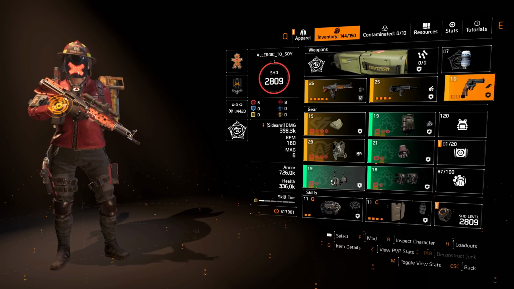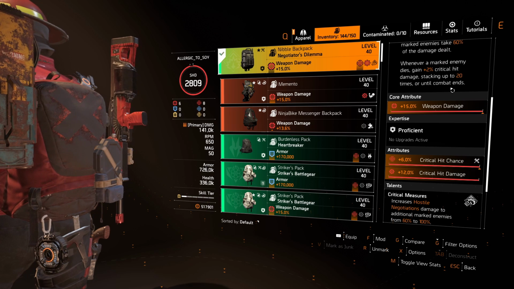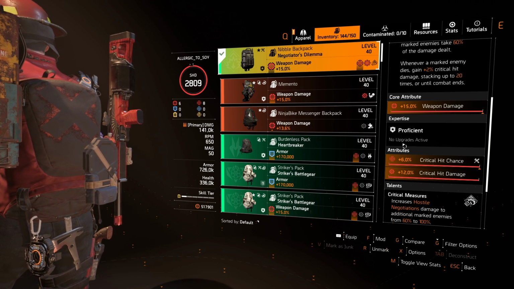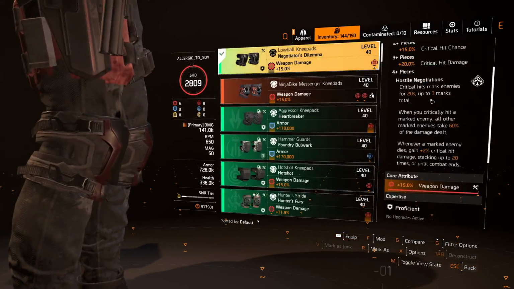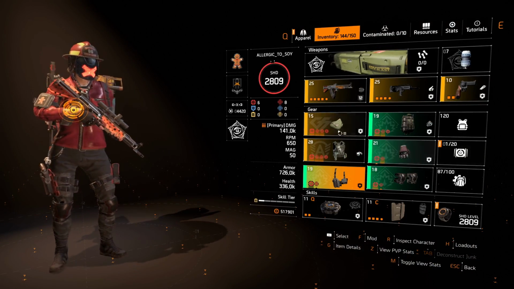So the Negotiator's pieces, all of them are going to have crit chance rolled, and then you can put maybe 1 or 2 crit damage rolls. It depends on your player. So I've got crit chance with a crit damage mod. The gloves are critical hit damage. The knee pads are crit chance, and the holster is crit chance. Then the